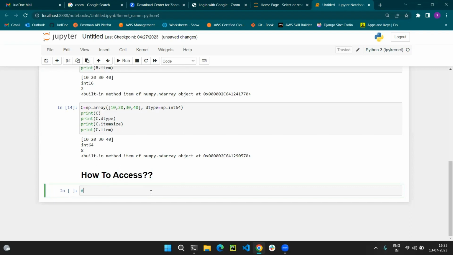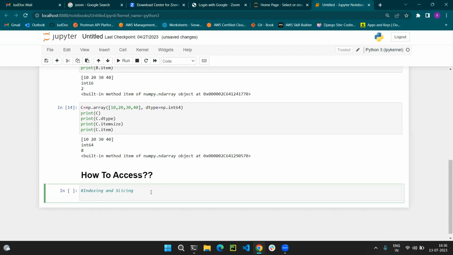We are using two operations over numpy. The first operation is indexing, and the second operation is slicing. So I'm writing here indexing and slicing. By indexing, you can sort out particular elements in your array, and by slicing you can